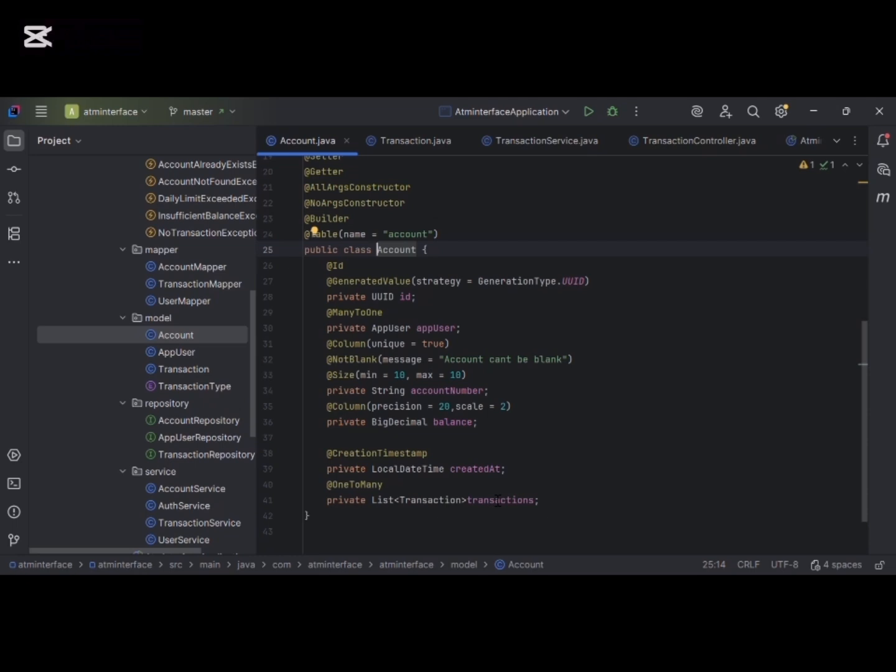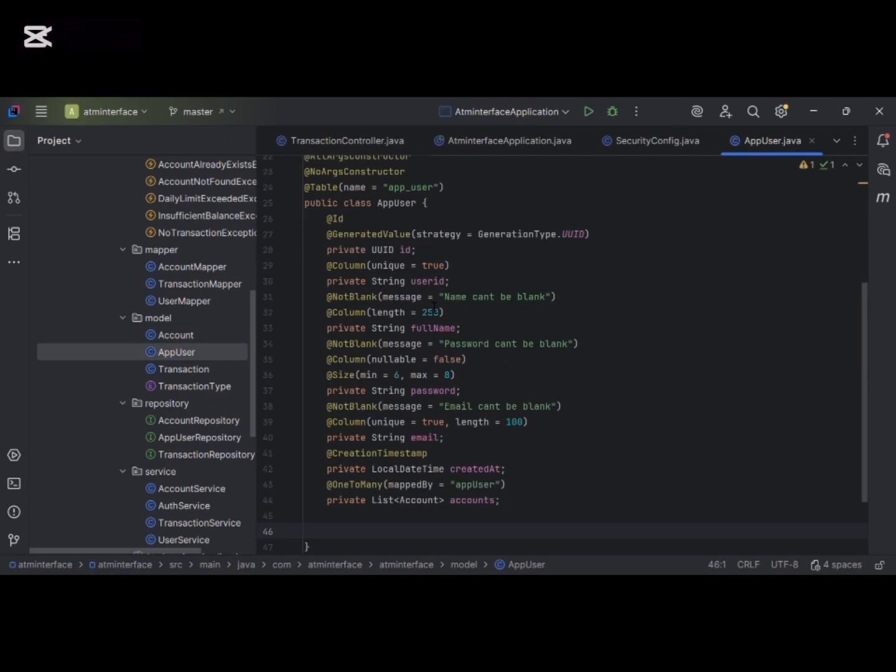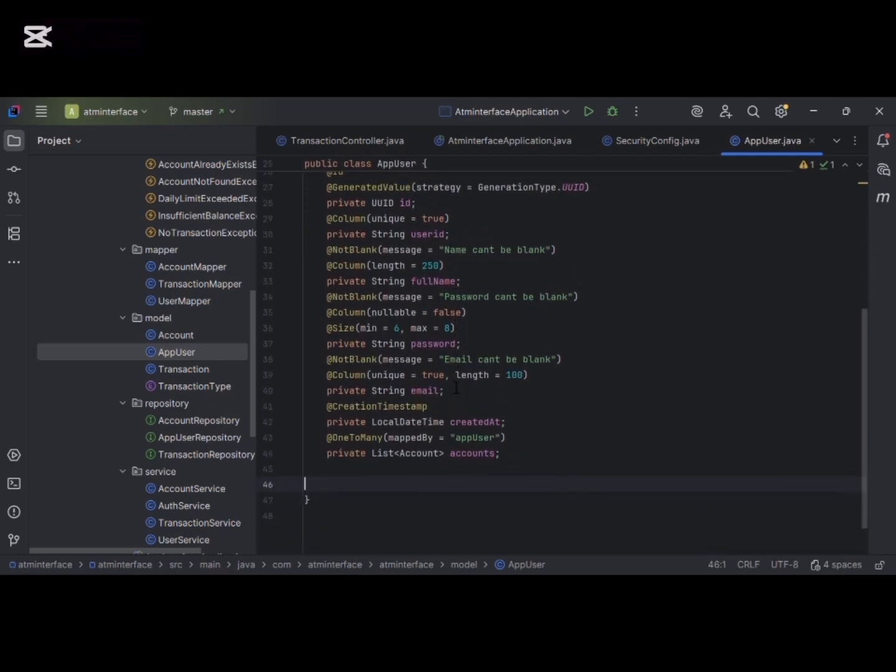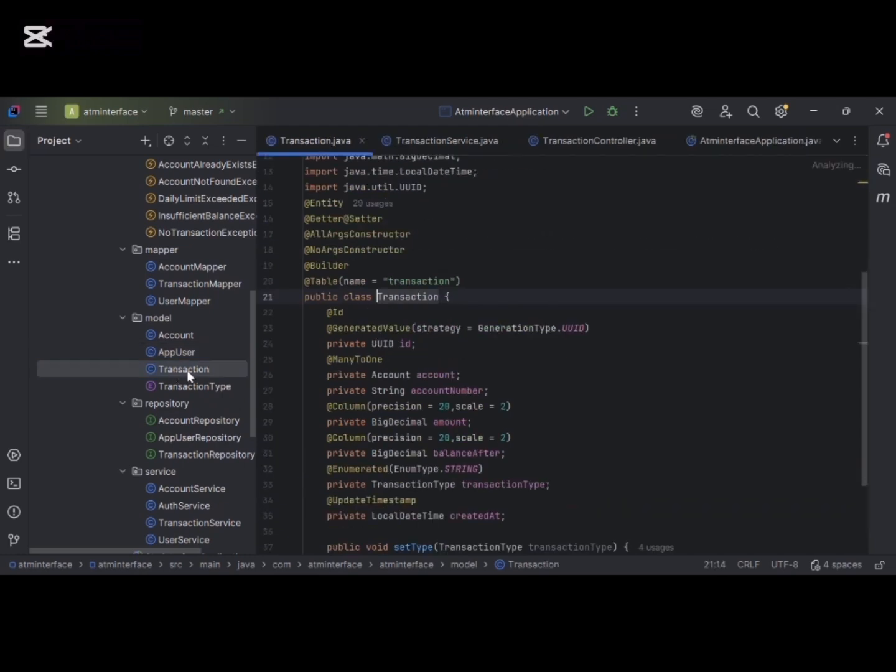So the app user stores the username, as you can see here. We have the app user. The app user stores the username, password, and transaction tracks: deposits, withdrawals, and transfers. We also have Hibernate, which maps these classes to database tables automatically. Other entities include app user and transaction,